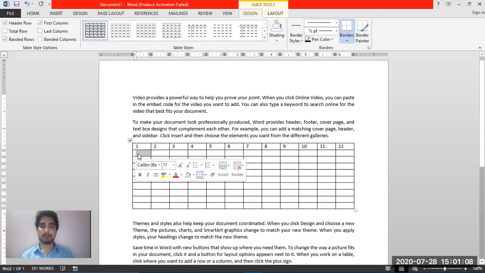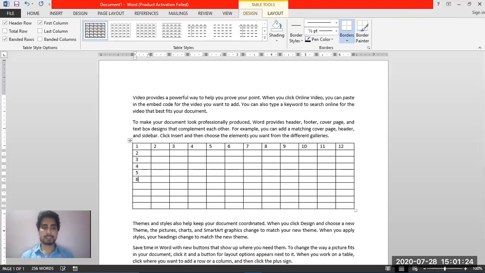So this is a single row and this is a single column. So we have written the column numbers. Let's give the row numbers. One is already given, 2, 3, 4, 5, 6, 7, 8, 9, and 10. So there are total 10 rows from top to bottom, and 12 columns from left to right. So like this, you can insert as many rows and columns in your table as you want by using the